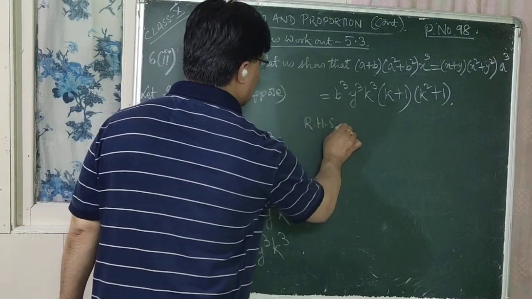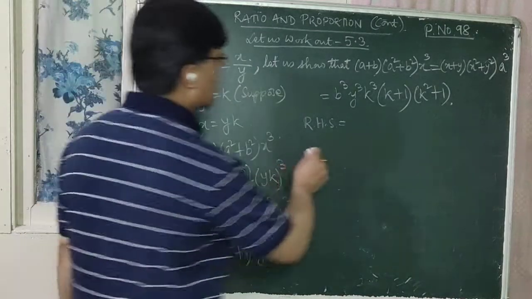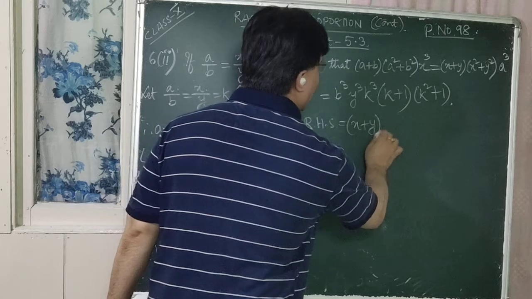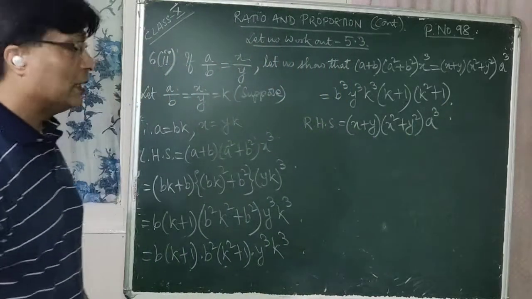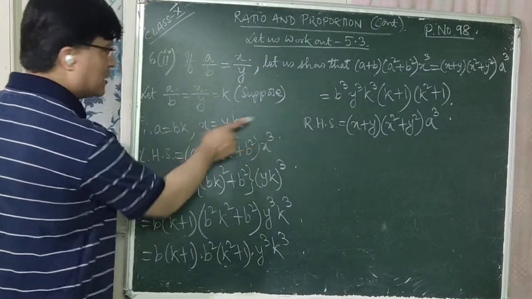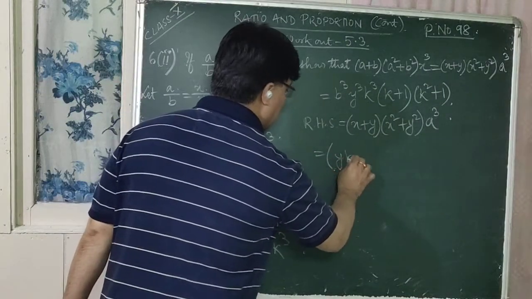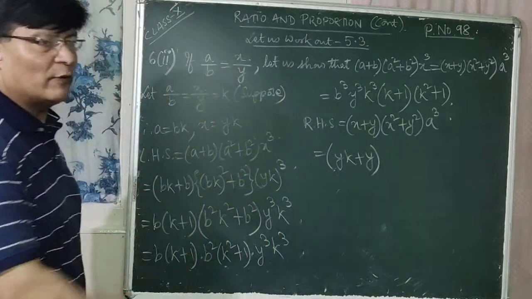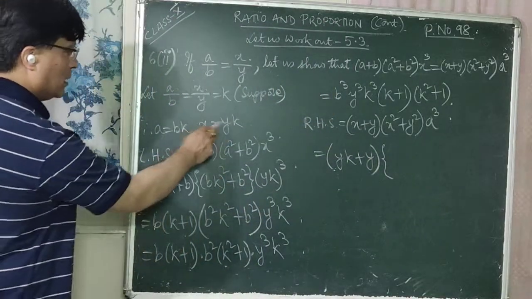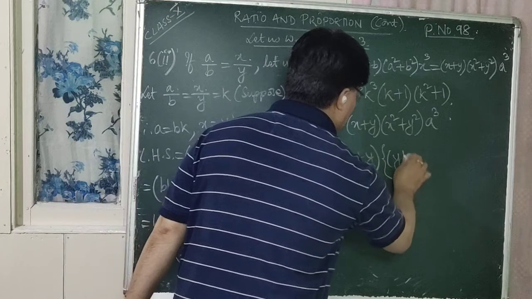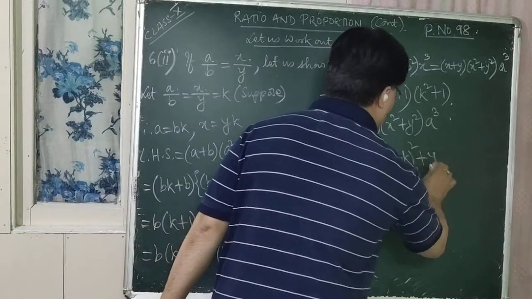So RHS is equal to, so you should prove LHS is equal to RHS. Okay, so what is RHS here? It is x plus y into x square plus y square into a cube. Okay, now in this case we can put the value for a as well as x there. So which is equal to, what is the value for x here? yk. Let us write yk here plus y. We don't have the value for y, so remains same. What is x whole square? Within second bracket, what is x whole square? It is yk whole square, isn't it? So yk whole square plus, so here also we don't have the value for y, so remains same, y square